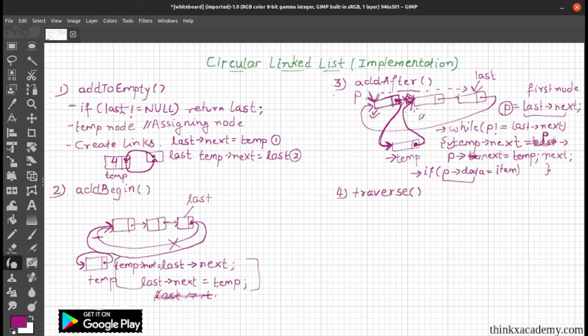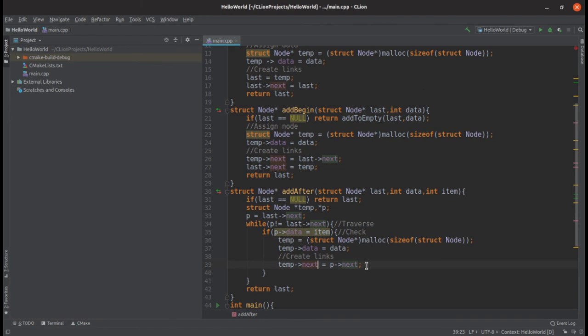Let's suppose this is the node where we wish to enter our temporary node. So p next will be this node, and we want the next pointer of our temporary node to point to this node. That's the reason why we are assigning the next pointer of the temporary node as p next. Now the next step is to assign the next pointer of p to point to our temporary node,